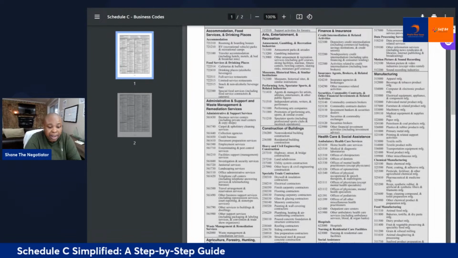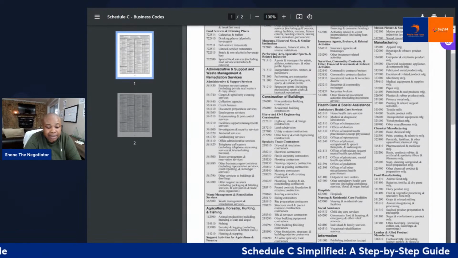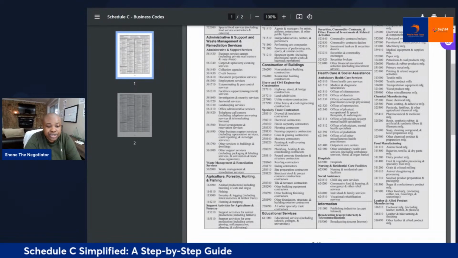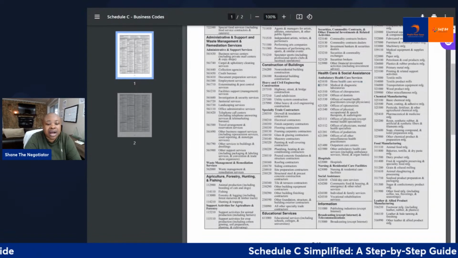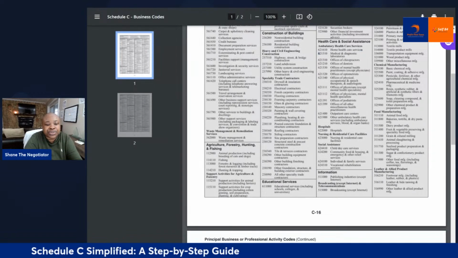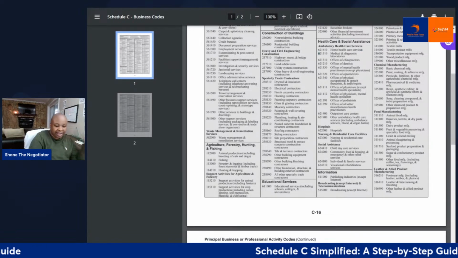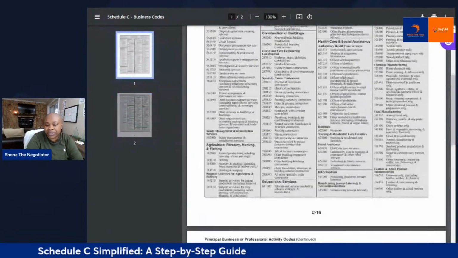So I'm going to go underneath healthcare and social assistance, and I'm just going to grab a code from there. So let's just say it's home healthcare services, which is 621610. If you're looking on my screen, underneath the third column, you will see healthcare and social assistance, and I just chose the first one on the list, home healthcare services. Now, this is just for our example. I'm not actually putting it on the form, but I'm just showing you how you can find your codes. Okay, so we're going to stop sharing this screen and go back to the screen that we were already sharing before, which is the